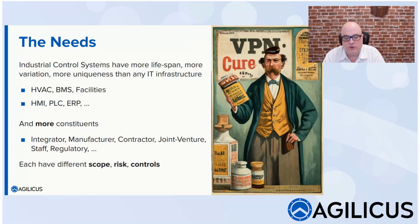You've got your own staff. Sometimes there's regulatory input needs. You've got a reporting system that your water metrics are available in. Every one of these groups has different scope, risk, and controls. They have legitimate needs to use the infrastructure, and they have their own identity providers, their own companies, and it